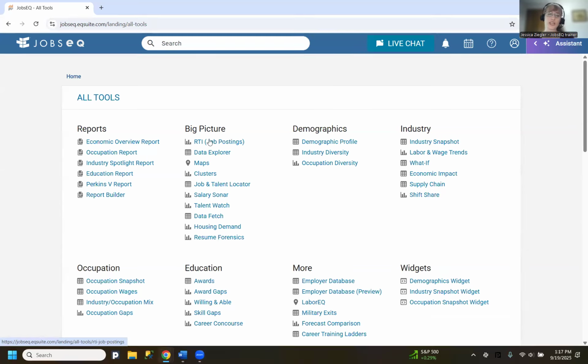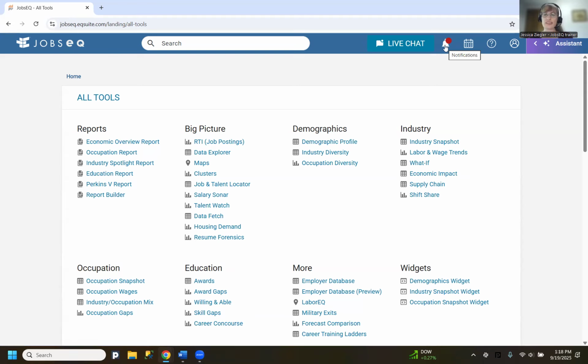Also within the report section, if you're looking at a specific industry, you could choose the industry spotlight report to see a lot of information about that industry. If you just want to see the economic overview of a region, you can also check out this economic overview report too. But it looks like the